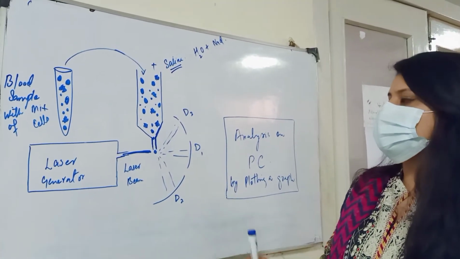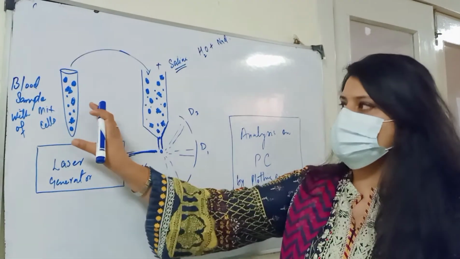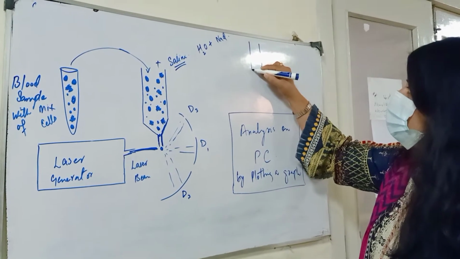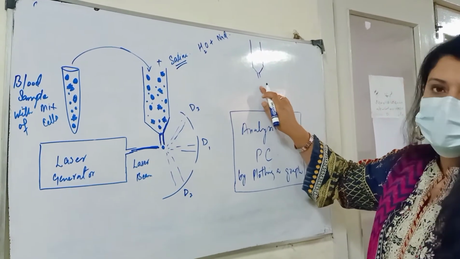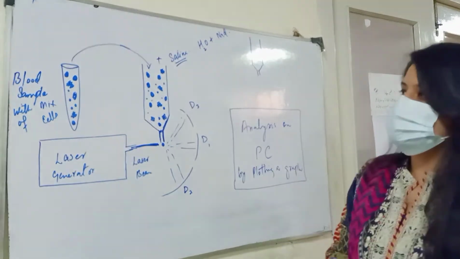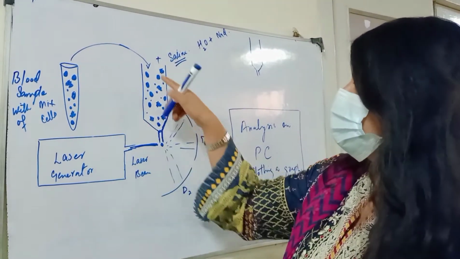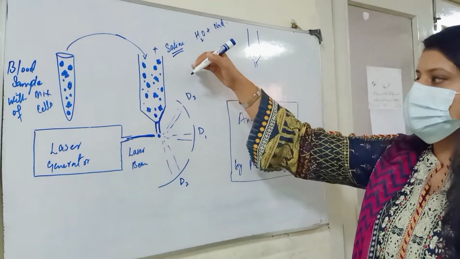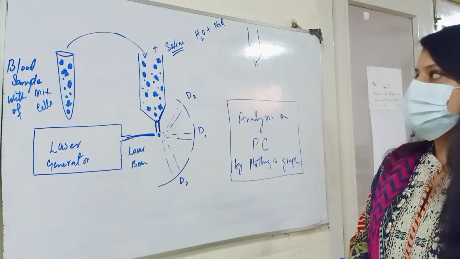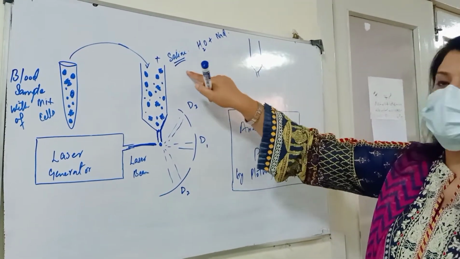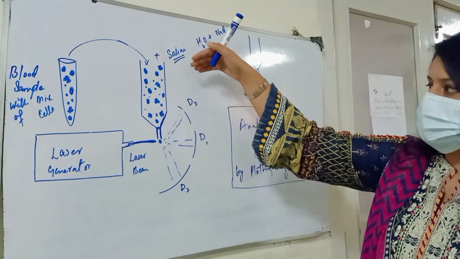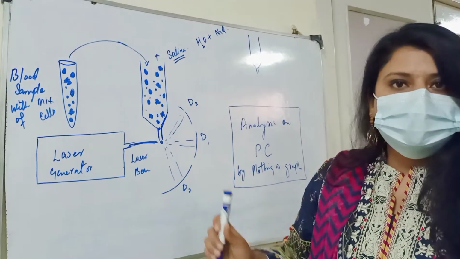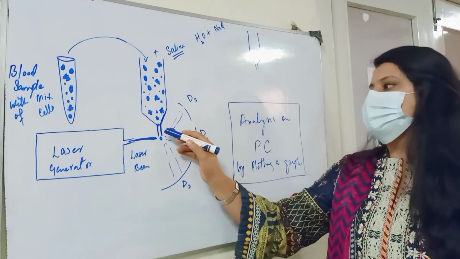Okay, what we do in flow cytometry is make this mixture of cells pass through a column. The shape of the column is such that it only allows one cell to pass through its opening at one time. So you can see in this column we have put the mixture of blood plus saline. Why is the saline added? Saline is added in order to make the cells flow directionally through this column. When the concentrated solution of salt and water, that is saline, is added along with this blood sample, according to the concentration gradient, it makes the cells pass through this column easily in such a way that only one cell can pass through this opening at one time.